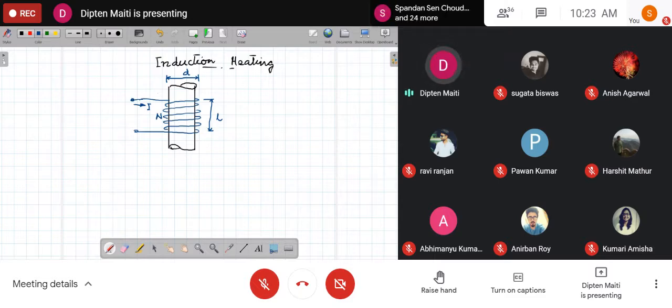Other than that, here, of course, the current is produced by the induction. However, that is not due to the I square R loss as such. So the eddy current is completely due to the induction process, and due to that eddy current there would be I square R loss, and due to that this can be heated up. So this should be called induction heating.